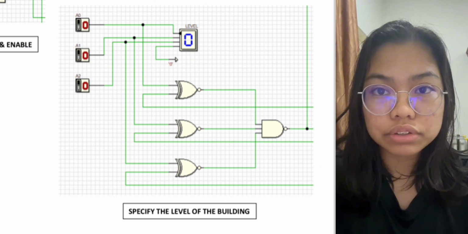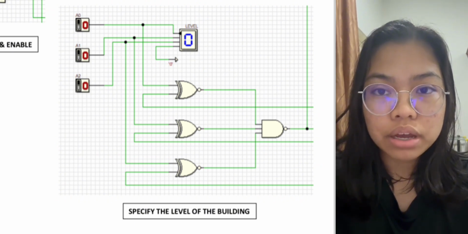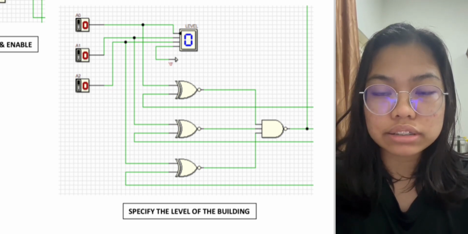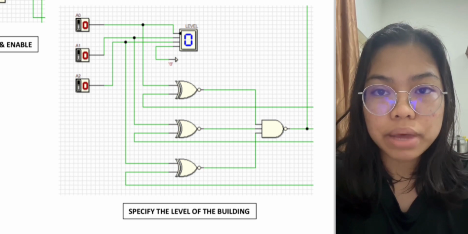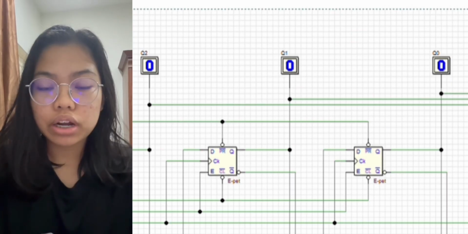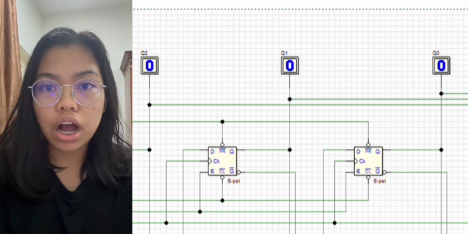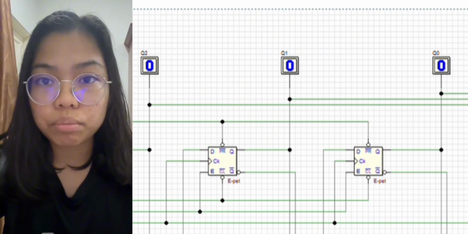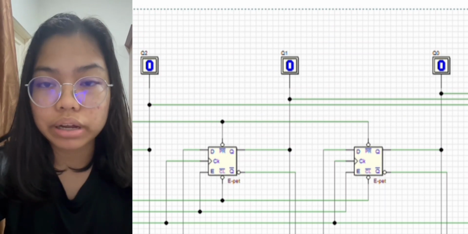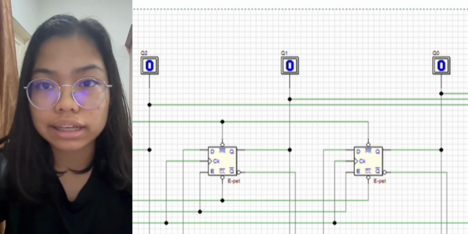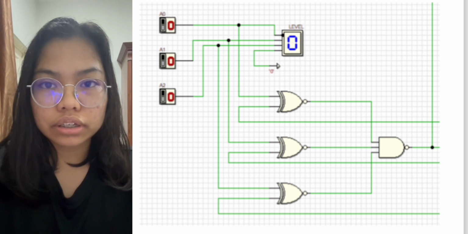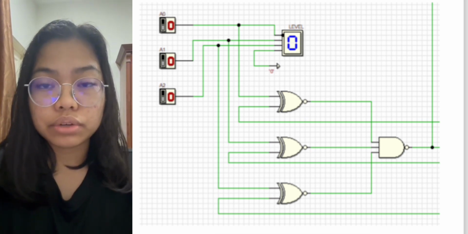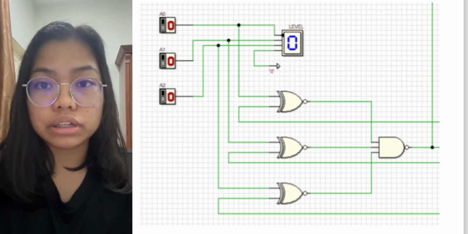Users can enter the level that they want to go to by using inputs A0, A1, and A2, which lead to the 7-segment hex display, and these inputs are also used for comparison. We are now at the output section. The outputs Q0, Q1, and Q2 will display either 0 or 1 and are connected to the 7-segment hex display. From the comparator circuit, by using inputs A0, A1, and A2, it will determine whether the door will